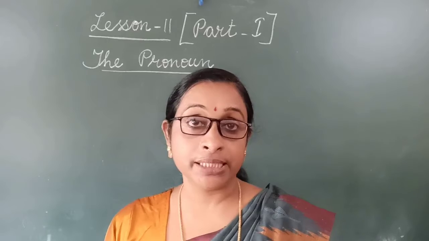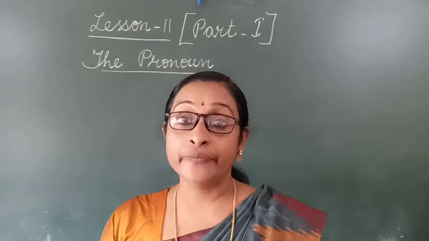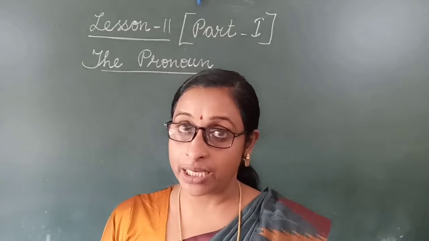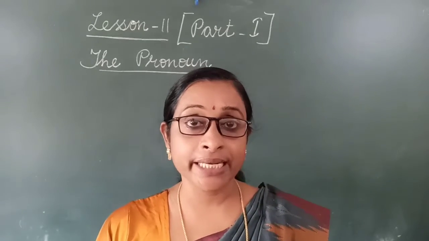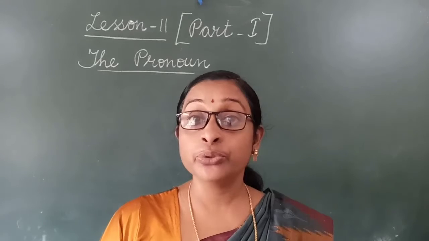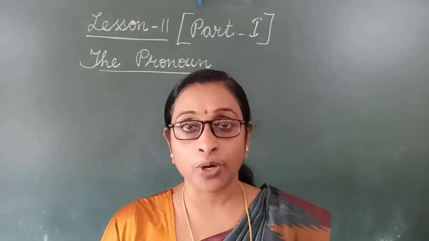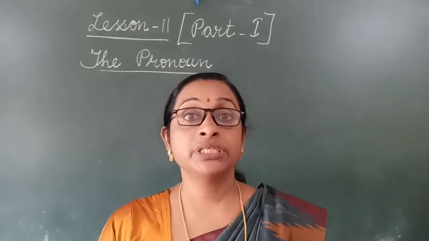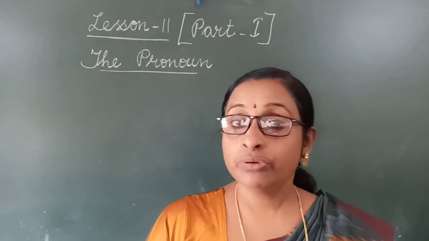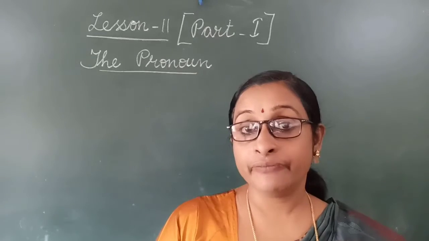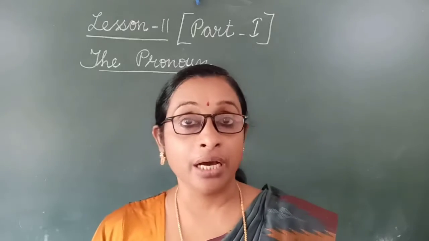Suppose you are saying 2-3 sentences about Ravi. In every sentence you will not use Ravi. First time you will say Ravi, and from the second sentence you have to use the pronoun there. Ravi is a boy, so you have to use the pronoun he. Second sentence, third sentence and all, you have to use he. Only first time you will use Ravi. Clear, children? Now we will read from the lesson and you will understand more.